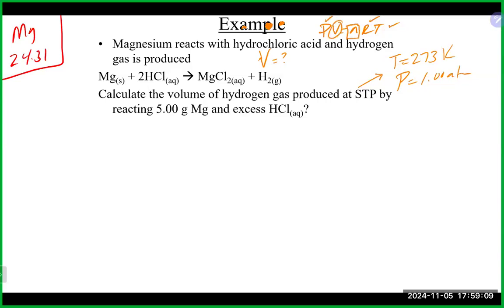So once again here, we are going to need to do a little bit of stoichiometry to get to the moles of the H2, as the magnesium is really the only other piece of information that's given to us at this point. So we have our balanced equation. We're going to then convert to moles. So we'll take our 5 grams of magnesium, go into the periodic table there, 24.31 grams per mole of magnesium will get us 5 divided by 24.31,